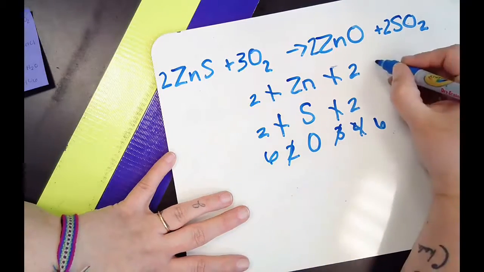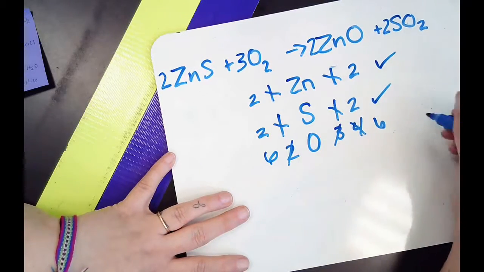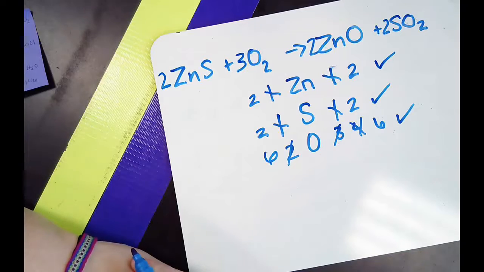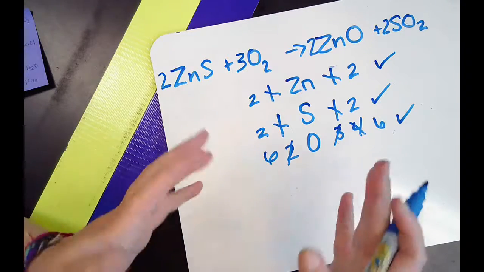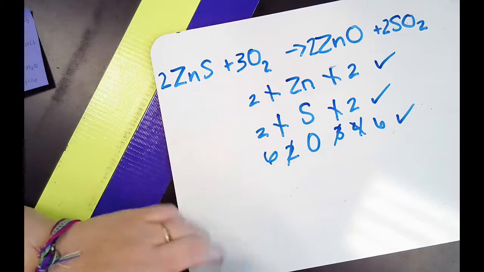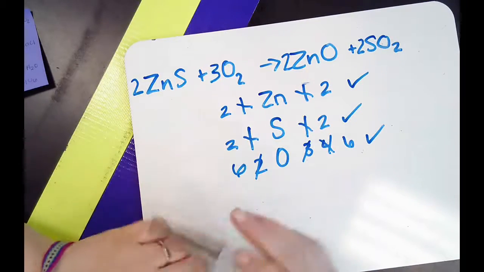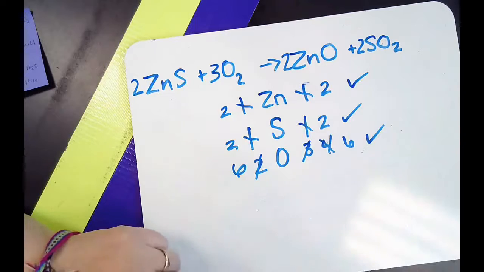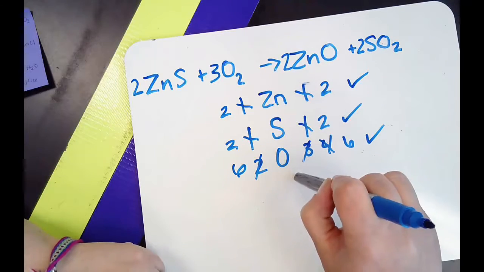So now my zinc is balanced, my sulfur is balanced, and my oxygen is balanced, which means I have successfully balanced this equation. So lessons learned from this one. First of all, it doesn't matter how many compounds are in the equation, I still list my atoms and count on both